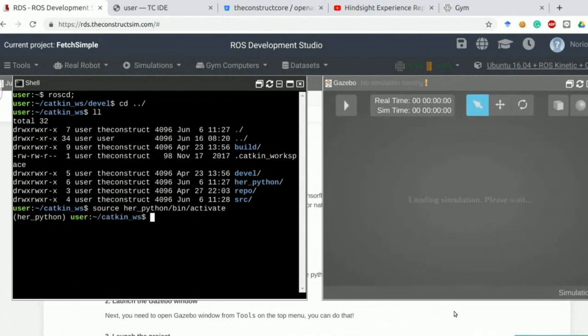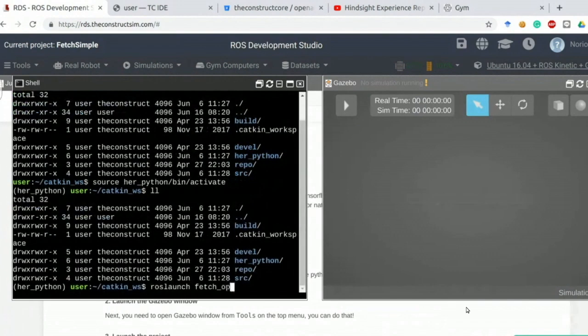In this Python environment, since we wanted to avoid installing a lot of extra packages to the native Python, because on a shared server maybe the administrator does not want you to install a lot of things individually, in that case it's better for us to have our own Python virtual environment. So we've done that, and this environment includes TensorFlow, not GPU, because HER doesn't require a GPU. We also installed TFRL, which is our repo implementing the reinforcement learning bunch of algorithms. Anyway, first you need to activate it, and then